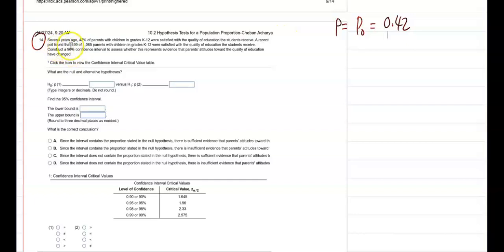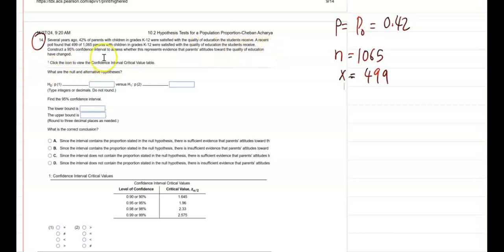A recent poll found that 499 of 1065 parents with children in K-12 were satisfied with the quality of education the students received. So here the information you have is 1065, this is the sample size, and among the 1065, they found that 499 were satisfied with the quality of education. The question tells you to construct a 95% confidence interval to assess whether there is evidence that parent attitude towards the